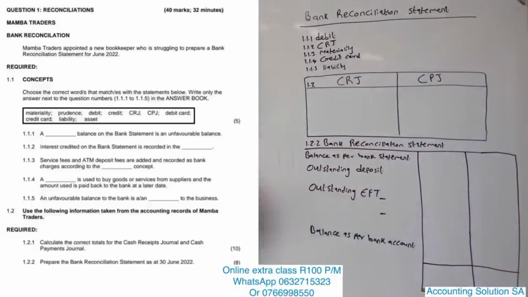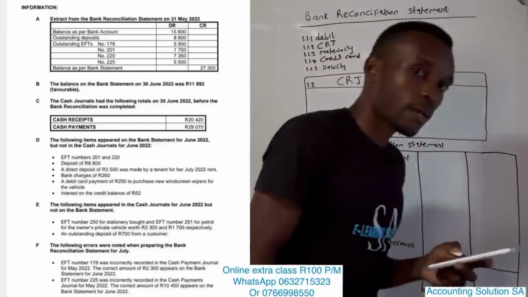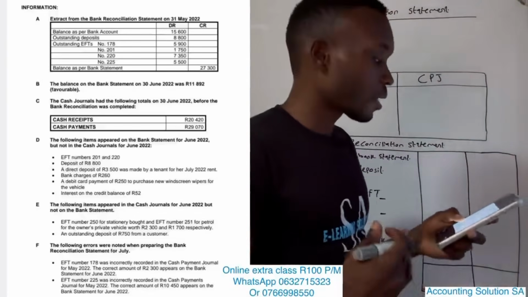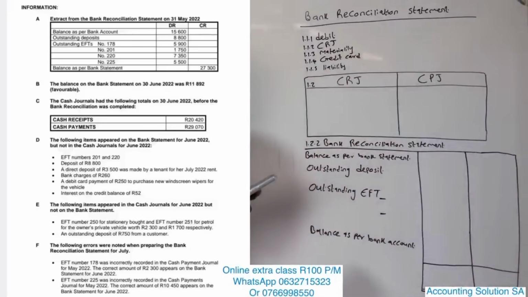Information number A, extract from the bank reconciliation statement on 31 May 2022. They give us a reconciliation of last month, which we can use to check if something has been recorded or not. Okay, and they say the balance on the bank statement